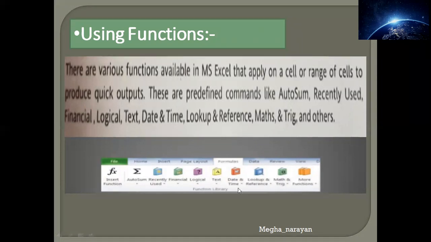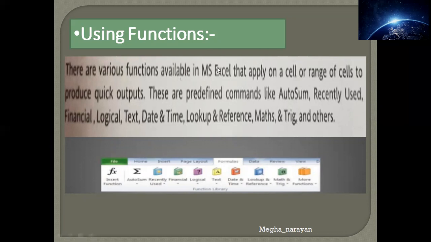They are used and all of them have their own varied field. As per the field they are used. Maths and trigonometry functions will be used for trigonometry functions, right? Date and time, if you want a date and time field in your spreadsheet, then it carries the same thing.